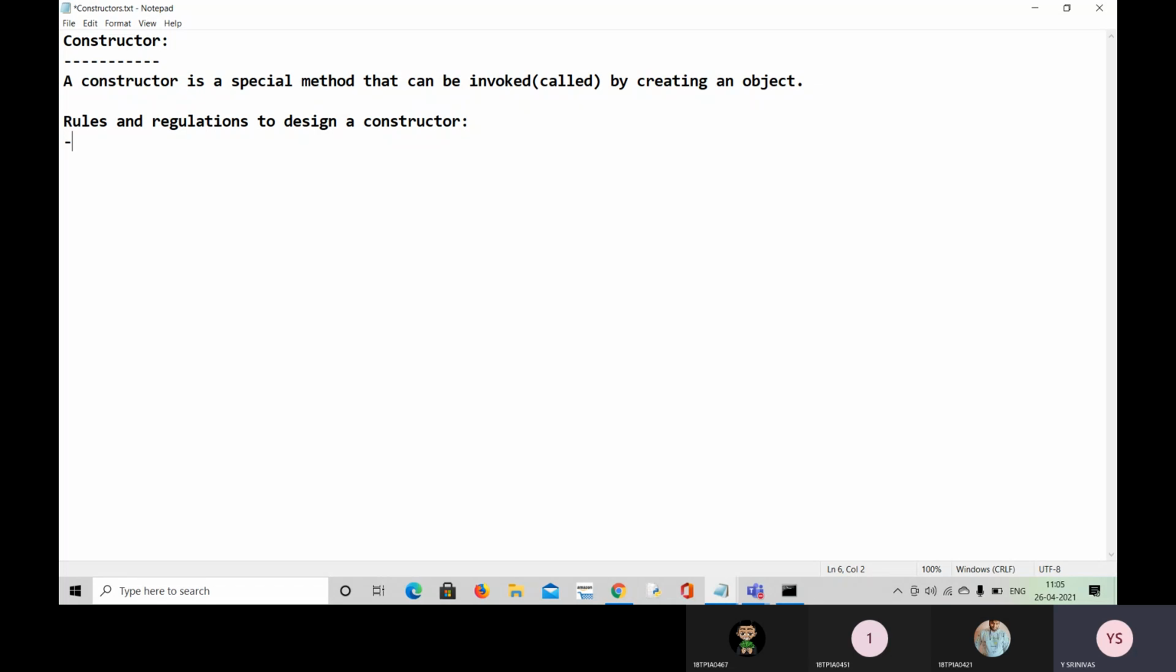There are some general rules and regulations in designing a constructor. How to design a constructor? I am telling from the beginning that a constructor is like a method. It's a special method I am telling. How do you design a method? By writing some name to a method. If class name is animal, method name can be bark or bite or jump, something like that. But constructor name should be same as that of the class name. Rule number one, constructor name